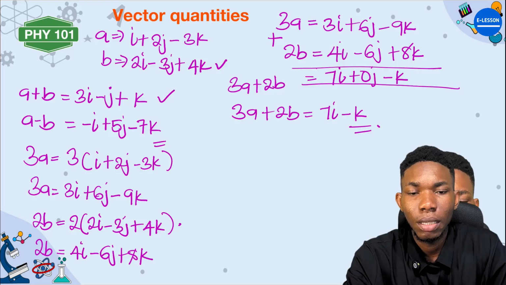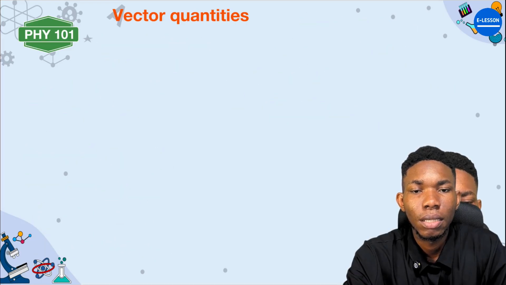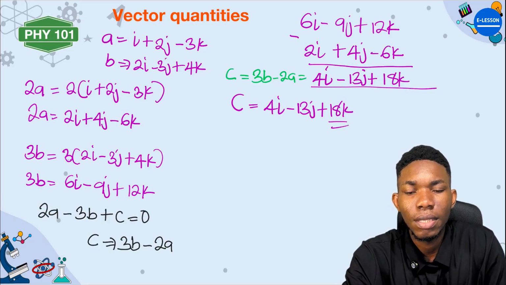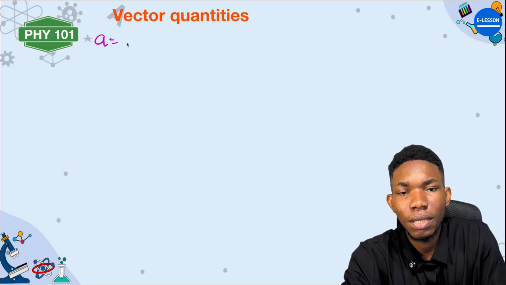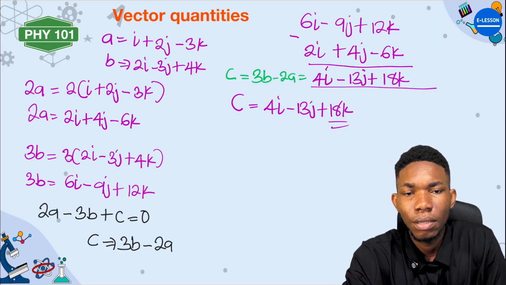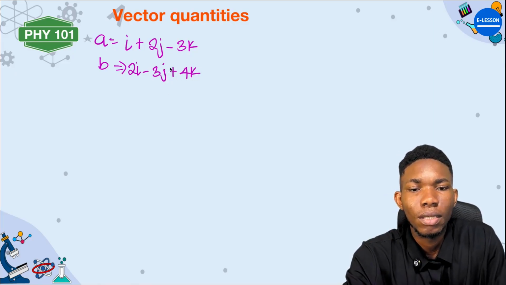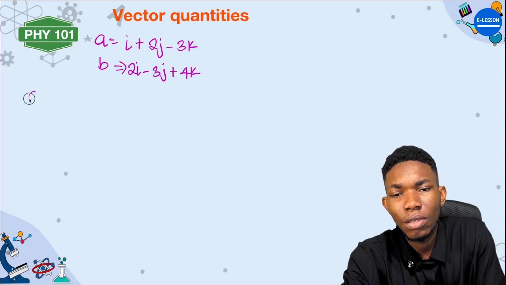Now, what is our A? We said A is i plus 2j minus 3k. What is our B? B is 2i minus 3j plus 4k. Is that okay? So our A dot B will be equal to,